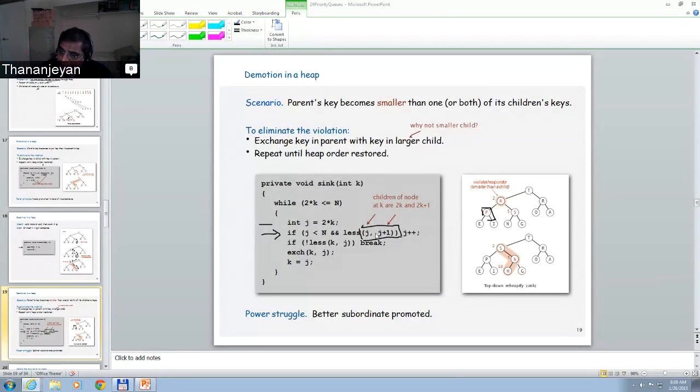So that's what the j plus 1 is. You promote the j plus 1 by promoting it here. If the left child was larger, you go down the left tree. If the right child is larger, you go down the right tree. So you increase it, and then if it is not less,